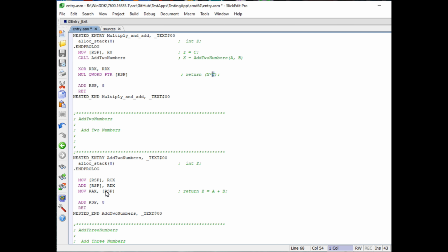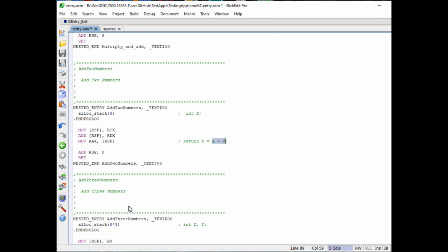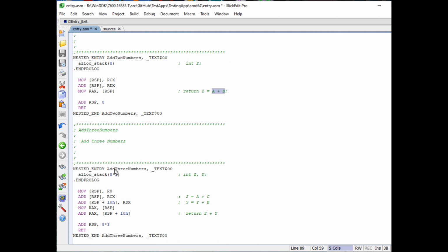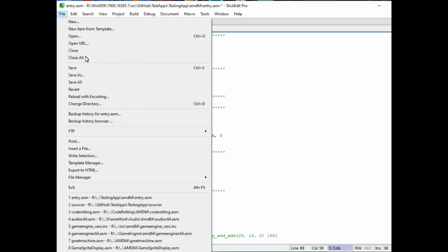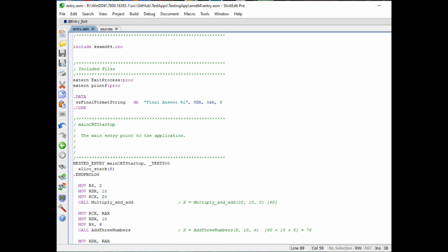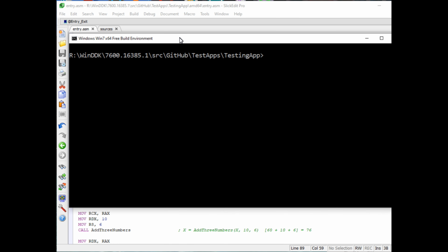And then we have the API of add 2 numbers. Essentially, it's just going to be z is equal to a plus b, return. Then we're going to call add 3 numbers and so forth. So we'll get to those. Let's just save that. Now we're going to come over here,